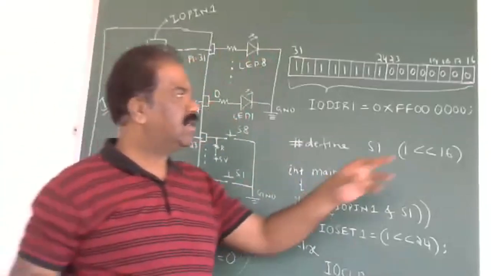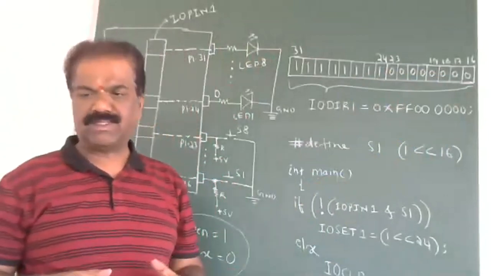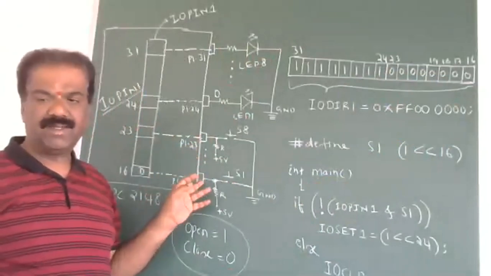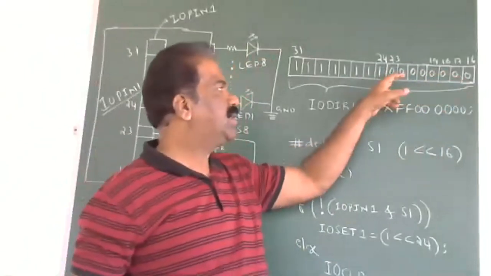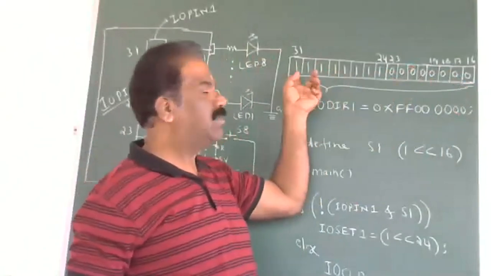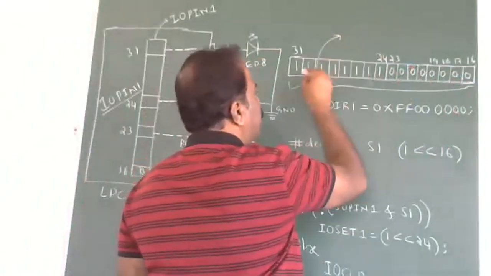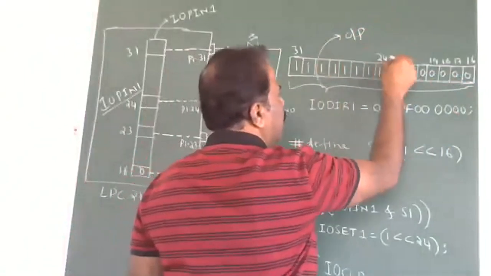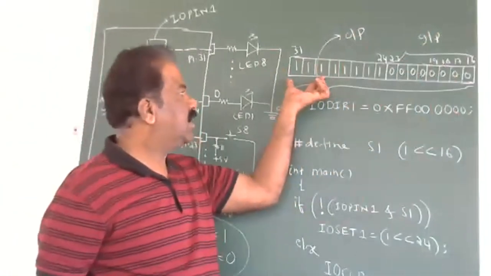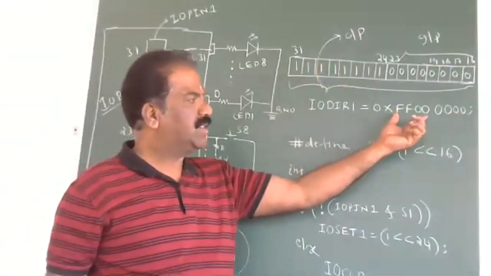Now we know that here we have to configure the input device and output device. So you have to configure P1.16 to P1.23 as input. That's why here bit number 0 to bit number 23 make it low. Low means 0 means input, and from bit number 24 to bit number 31 as 1 for output. So from here to here, this is output, and from here to here, this is input. So convert that into hex. That is F 1 2 3 4. Make a group of 4 bits. Therefore FF 0 0. Then 16 bits.